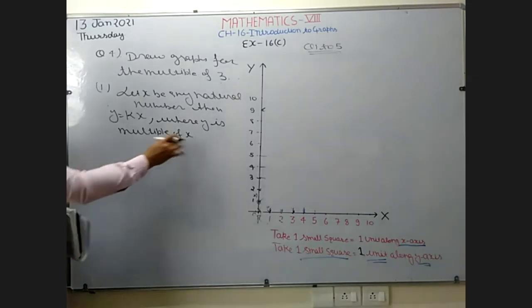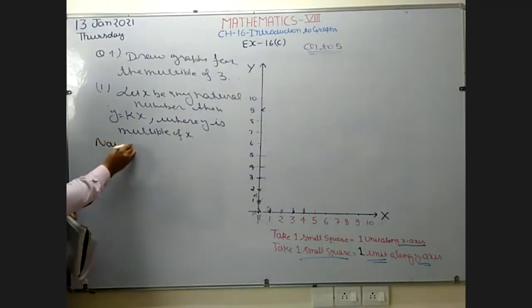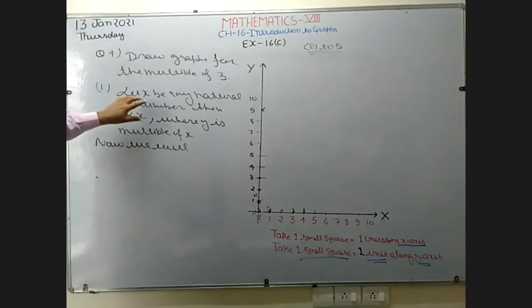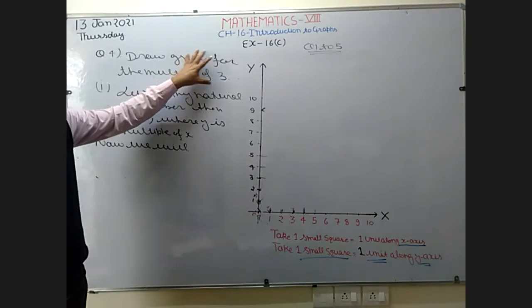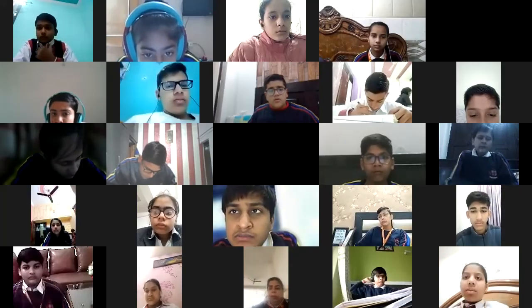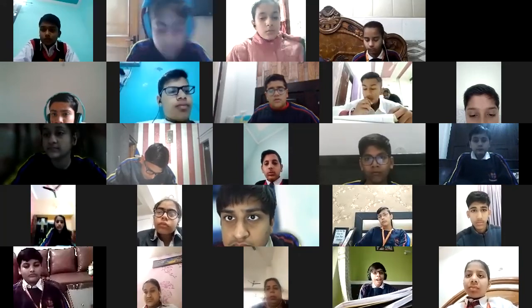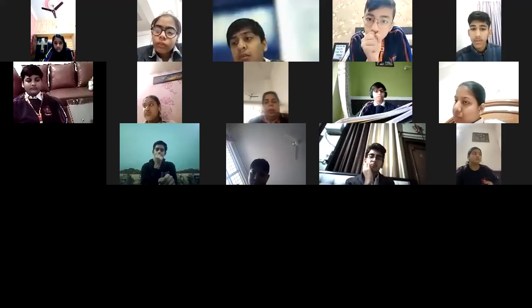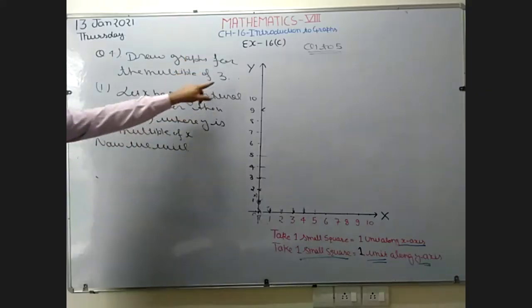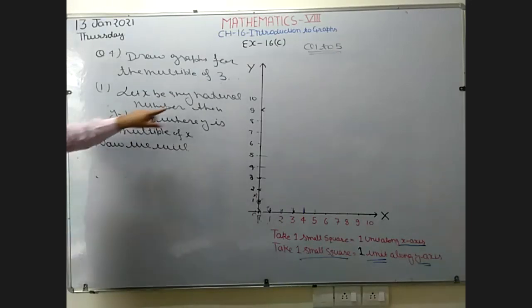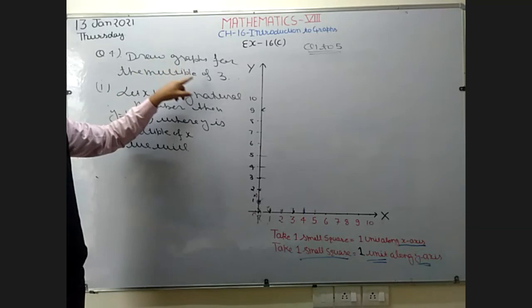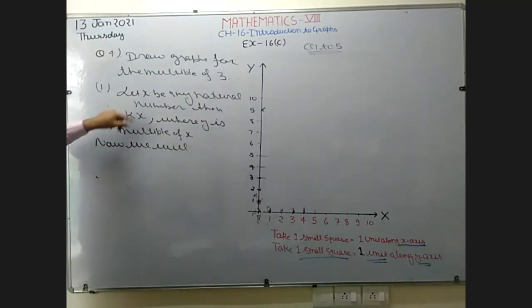Now I want to repeat this. When you want to draw this graph, to start this question, you have to write let x be any natural number, then y equal to kx. Whenever you want to draw the graph of a multiple, you have to write y equal to kx, where y is a multiple of x. If it is 3, then k is going to be replaced by 3. If it is 5, then k is going to be replaced by 5. Instead of k, you write the required multiple. If you are going to draw the graph of the multiple of 2, then this k is going to be replaced by 2.